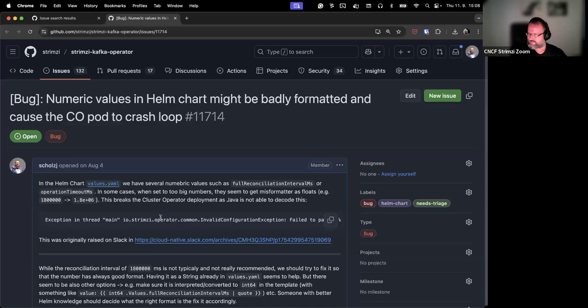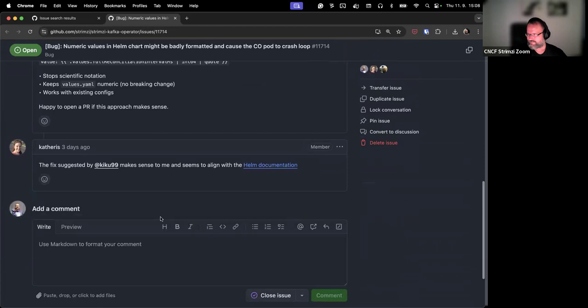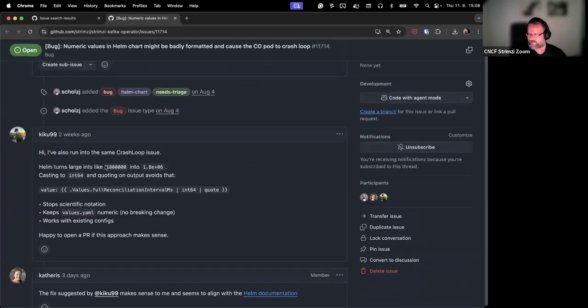Next one is about the Helm chart, converting numbers to strings or floats when the reconciliation interval is too big. I guess we can go with the fix suggested by this user.